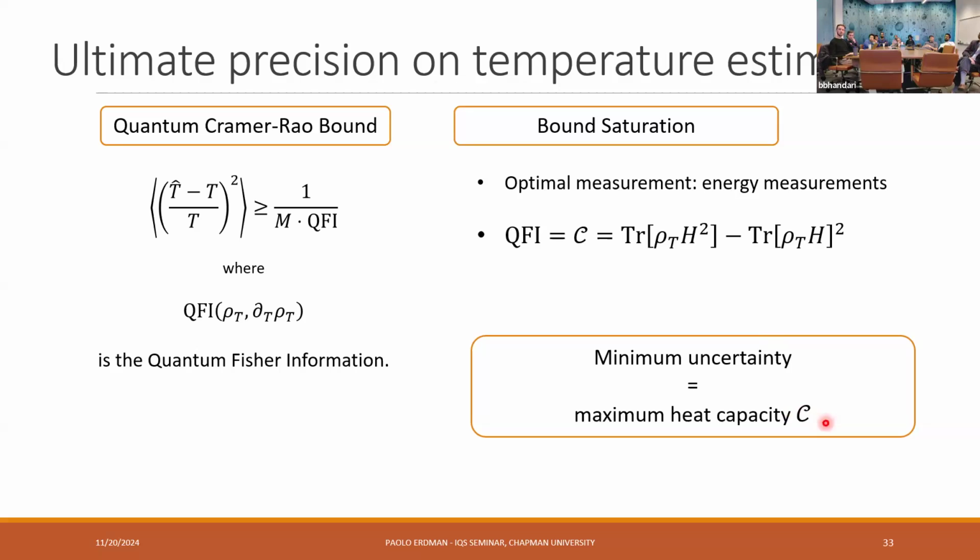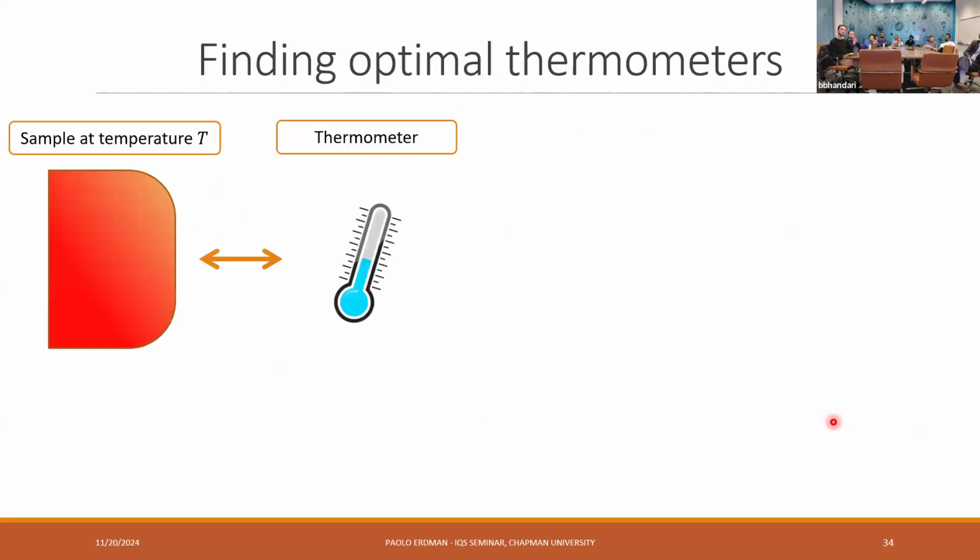And this maybe sounds counterintuitive, but the heat capacity in the end is the variation dE over dT. So it's how much the energy changes as you change dT. So if you want a sensitive thermometer, you want something that for small dT gives you big dE, so that if you measure the energy, you can pick up an energy change from a small change in the temperature.